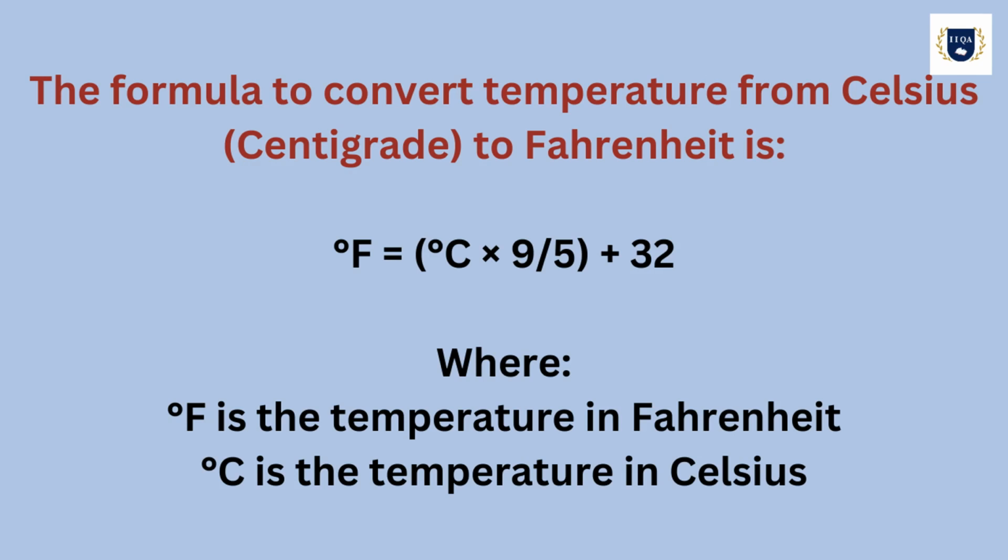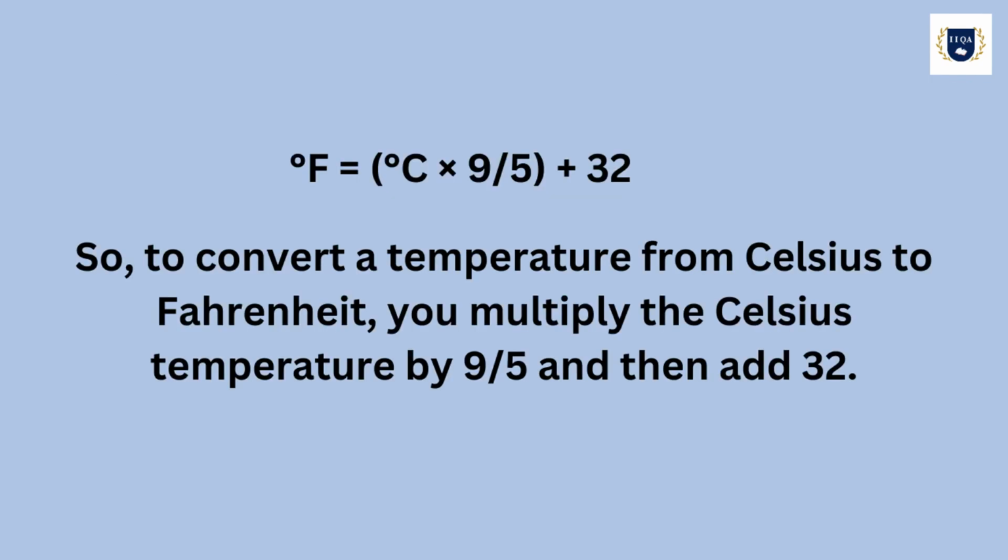The formula to convert temperature from Celsius (centigrade) to Fahrenheit is: °F = °C × 9/5 + 32, where °F is the temperature in Fahrenheit and °C is the temperature in Celsius. So, to convert a temperature from Celsius to Fahrenheit, you multiply the Celsius temperature by 9/5 and then add